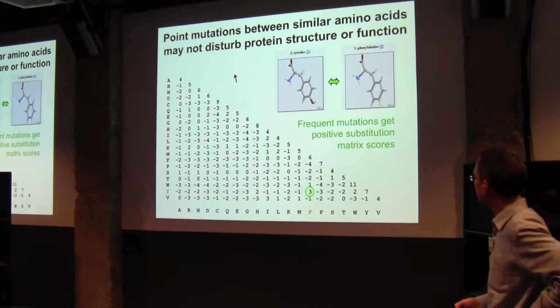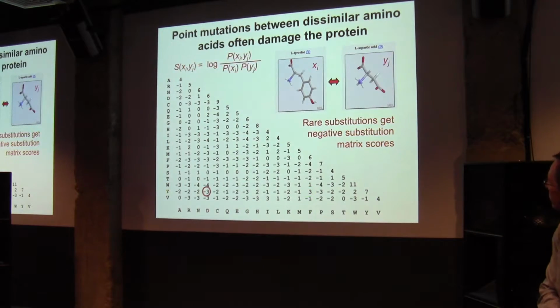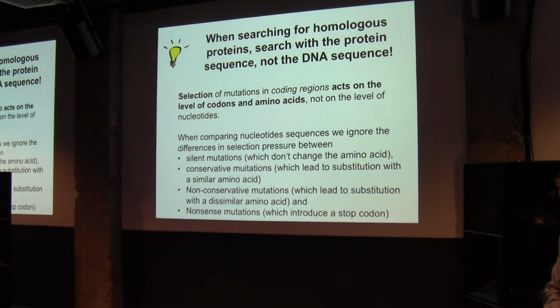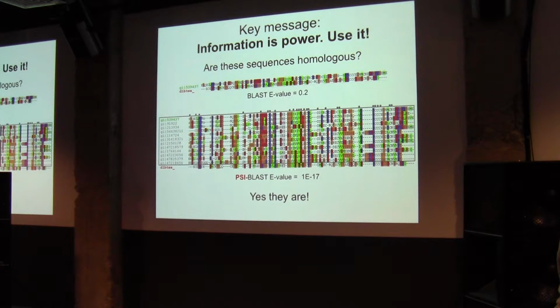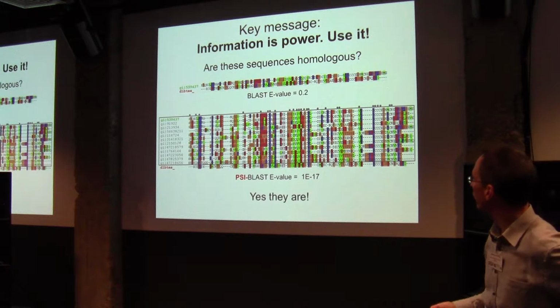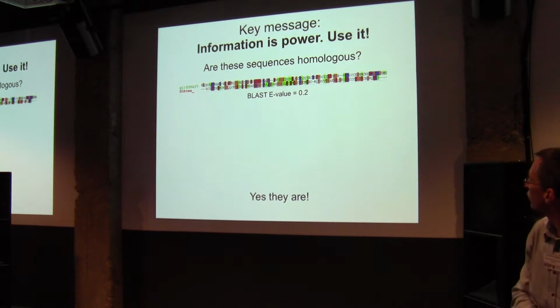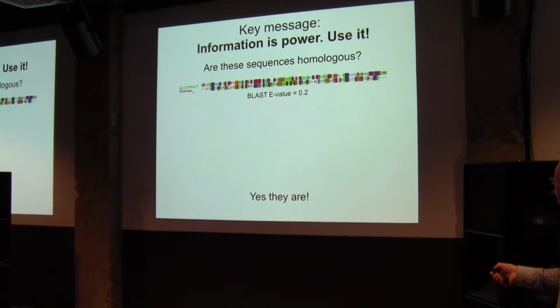So now we can also go to more interesting cases, because I told you that we are interested in aligning amino acid alignments with each other. So how do we do that? Well, first, to motivate this, when you look at these 2 sequences, they get an e-value of 0.2.